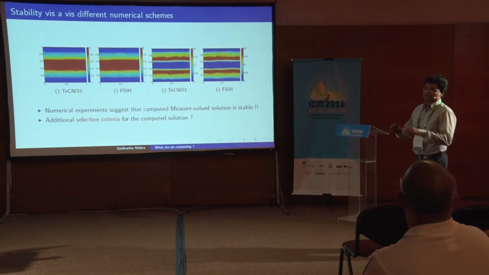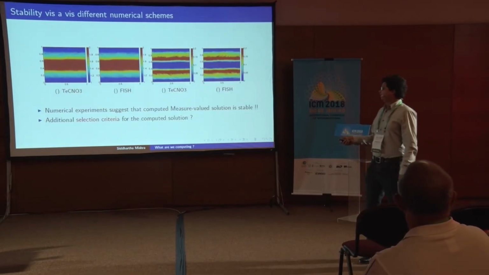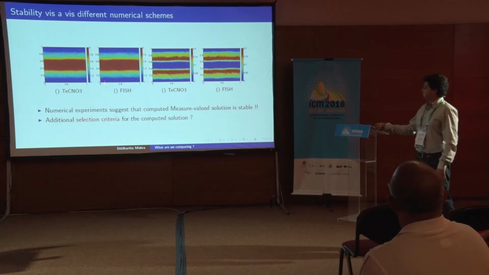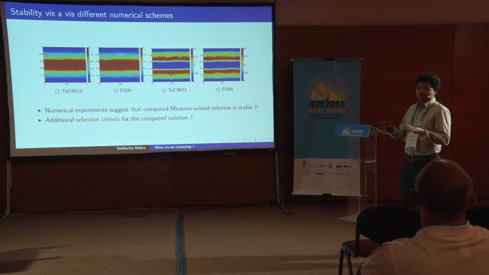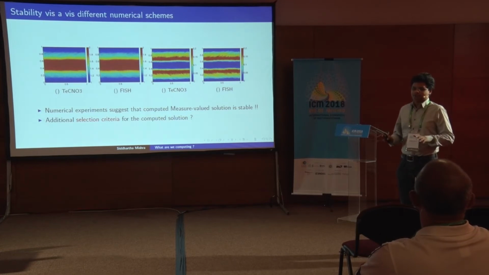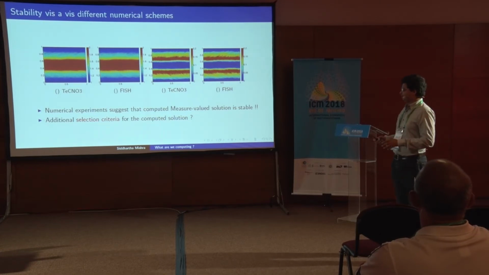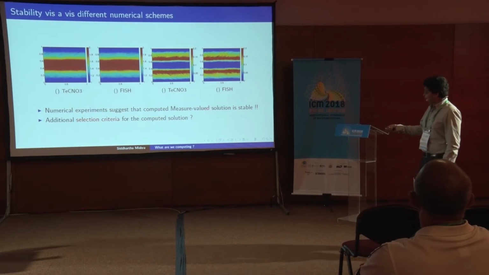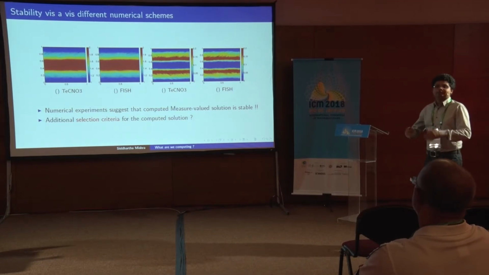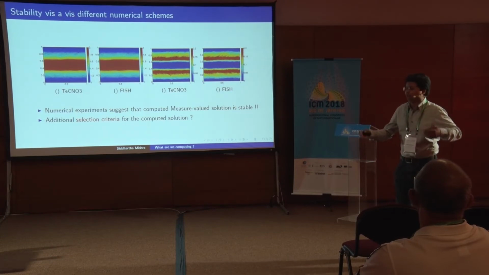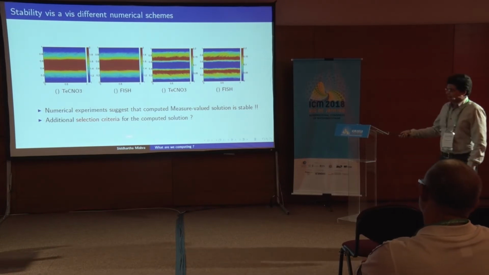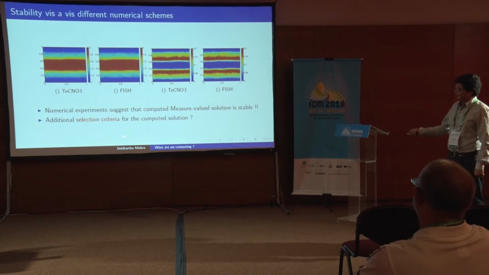Similarly, even if I take different numerical methods, so one is this TeCNO schemes, the other is a completely different class of schemes, in both cases I'm computing the same numerical solution. This tells me that the computed measure valued solution is much more stable than a generic one. So there are some additional criteria that it has to satisfy, and what exactly these additional criteria are is the